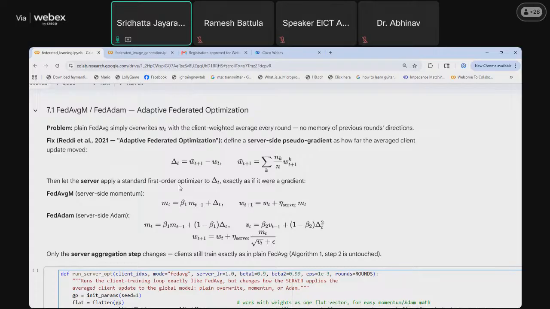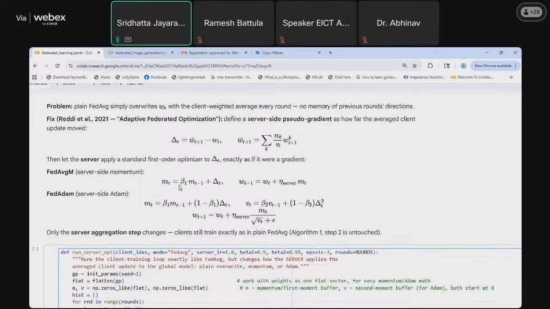What was thought of is, as the update was done on the side of the central server, why not make it dependent on the previous update? For that, a momentum-style and Adam-style update was configured.